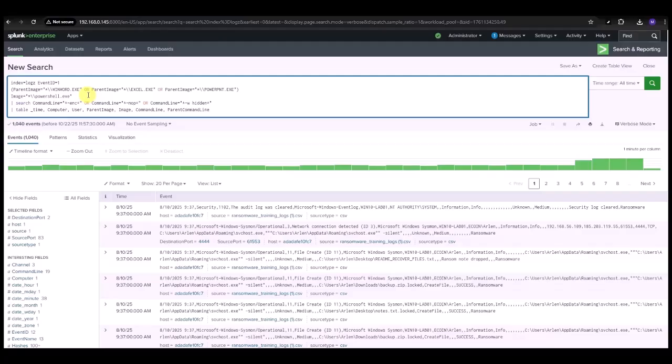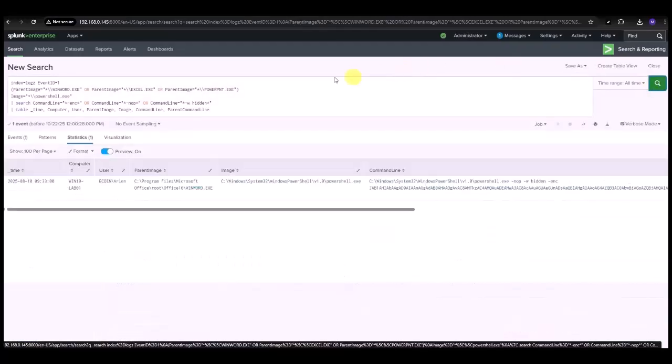And then we want to look for those obfuscation techniques, things like ENC, which is short for encoded, or NOP, which is the no profile, and of course the -W hidden, which prevents a PowerShell window from opening up when PowerShell runs. And then we are going to pipe that to a table that is going to include the time, the computer, the user, the parent image, the image command line, and the parent command line. So when we run that, make sure that you have your time selector either set to all time or to August 25th, and then run that